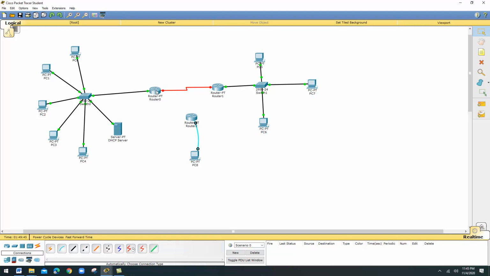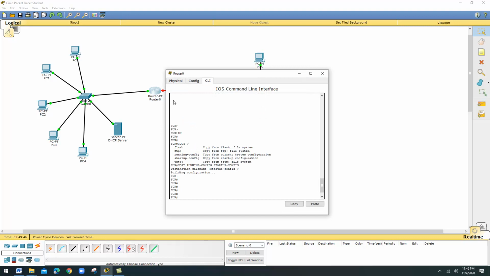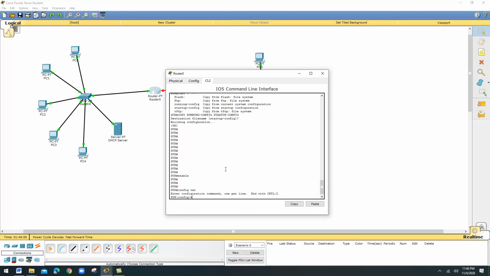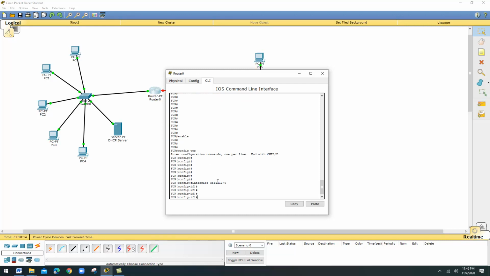Now I click the router and go to enable. Now I am giving configure terminal. Then interface serial 2/0, this is the name of the interface.